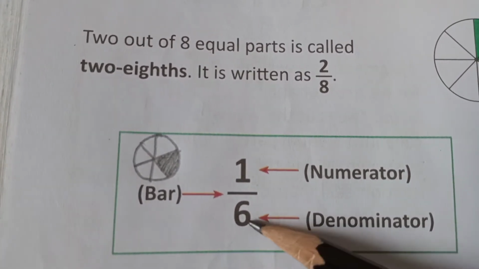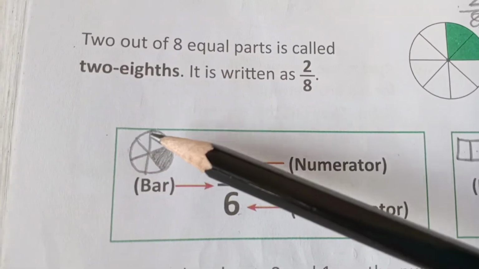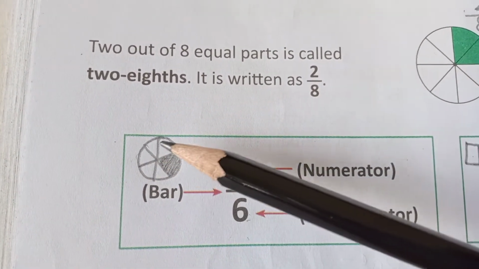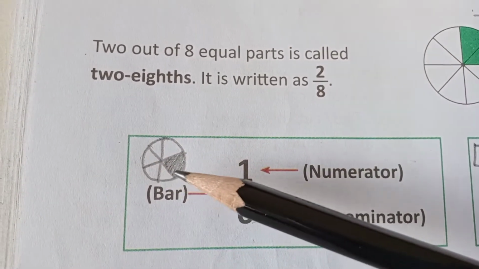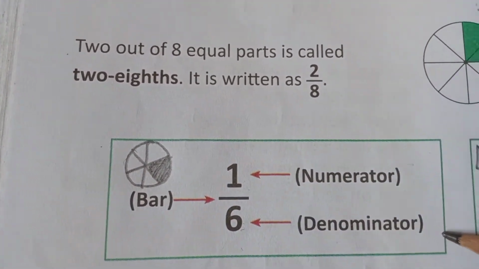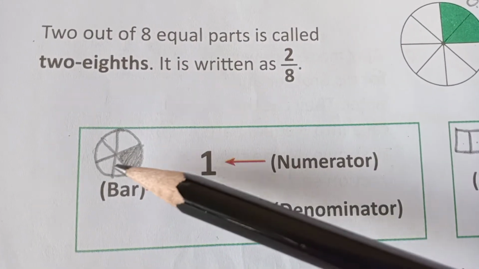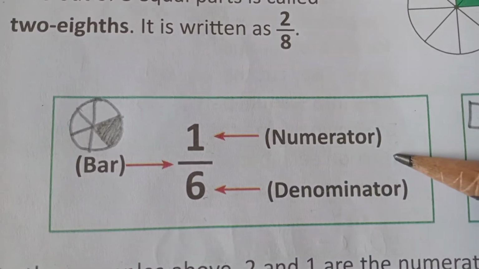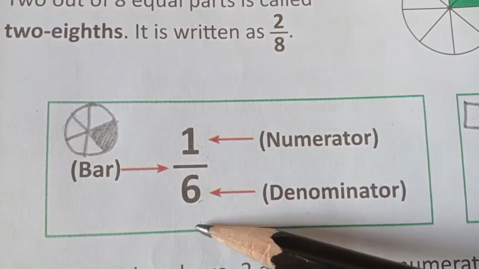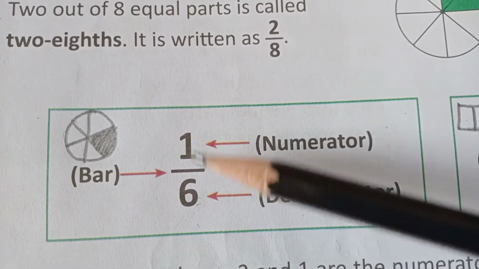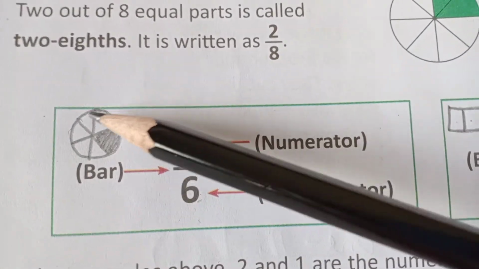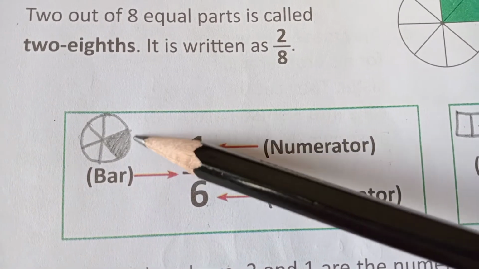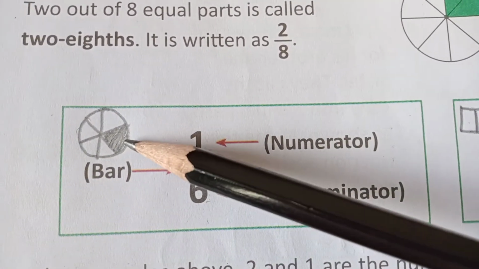What is the denominator? Denominator means in the whole image, how many equal parts the image is divided into. And the part which has been colored, which has been shaded, is called the numerator. So if I am writing 1/6, it means out of 6, one part is colored. Total we have 6, and one part has been colored, so this is called 1/6 part of this image.